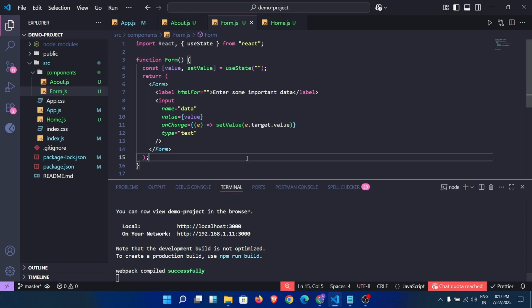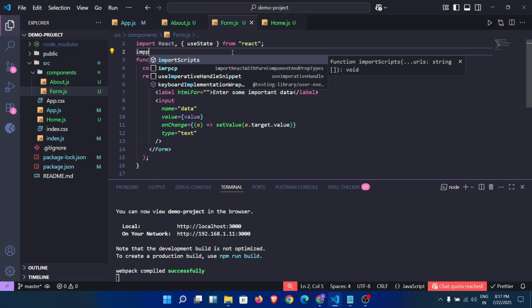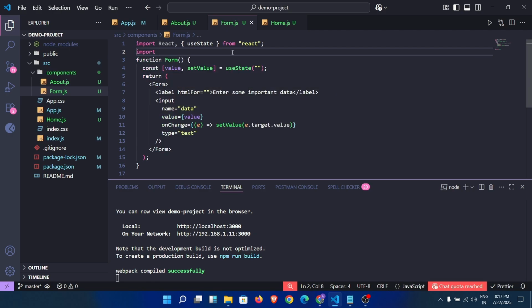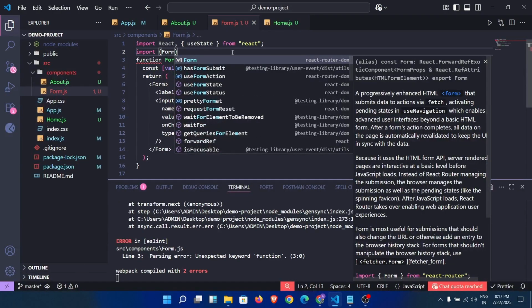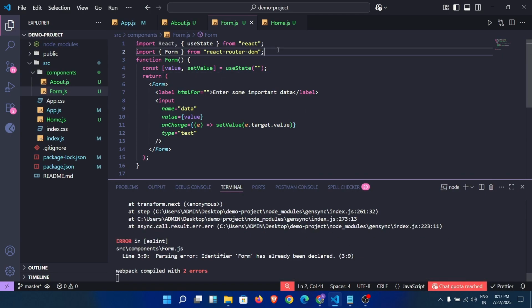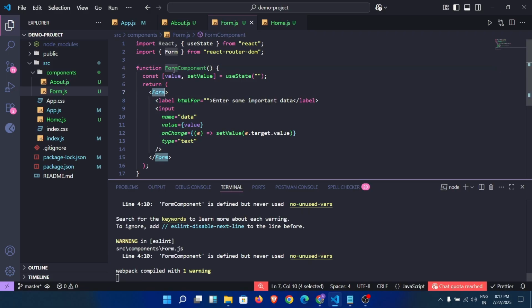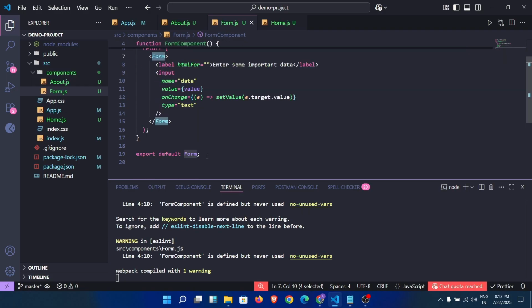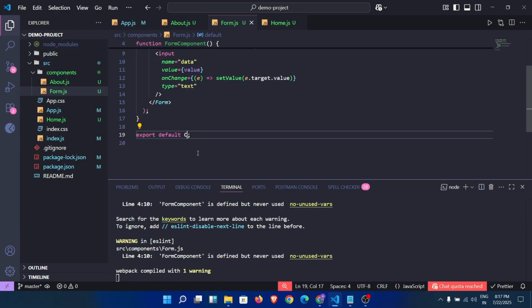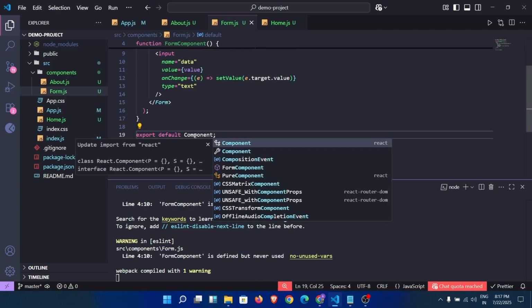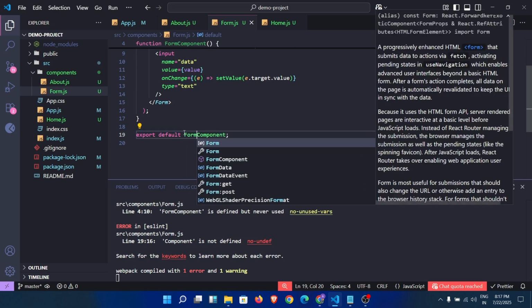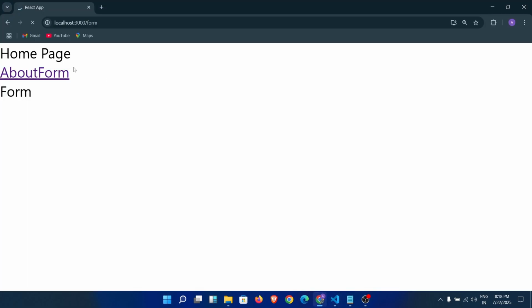I think something broke. Okay, import Form from React Router DOM, and I will name it as FormComponent. Maybe that's due to the name, as we had used the same name. Okay, FormComponent. Now if we go to our application,